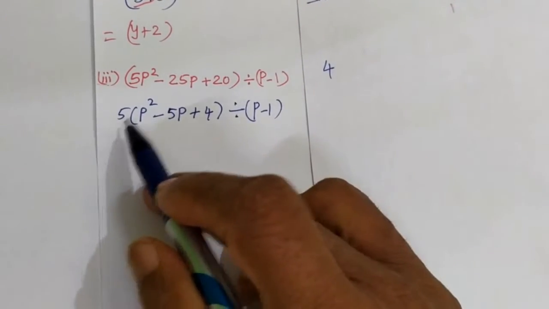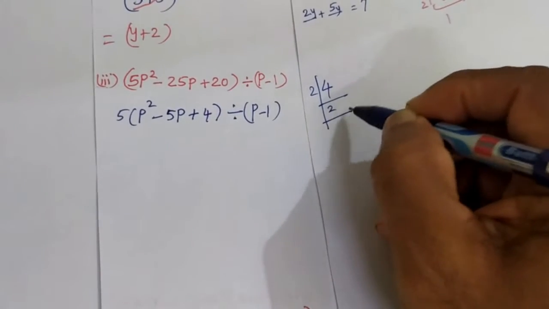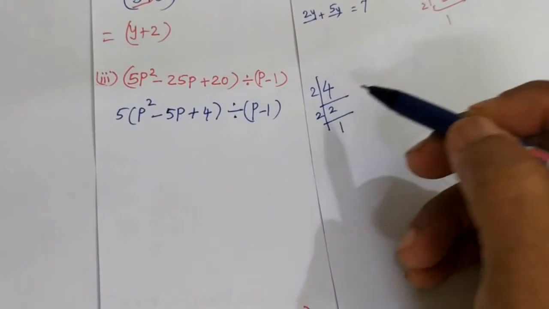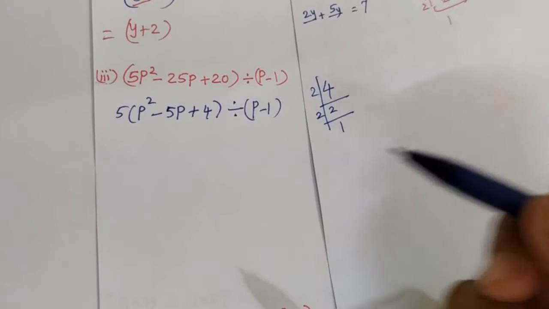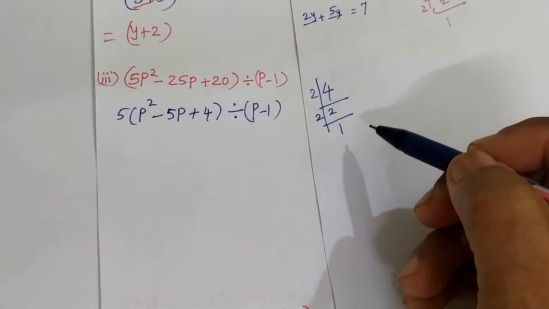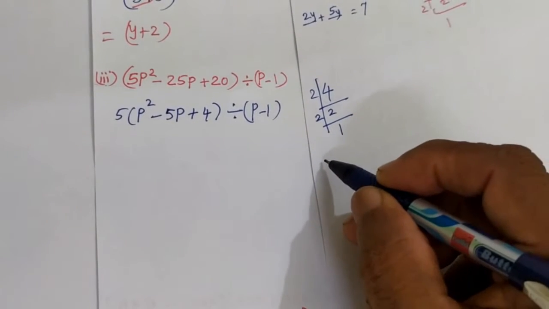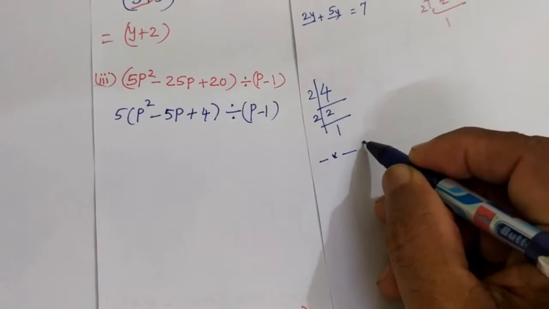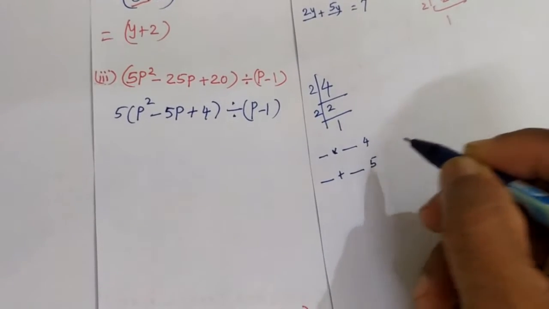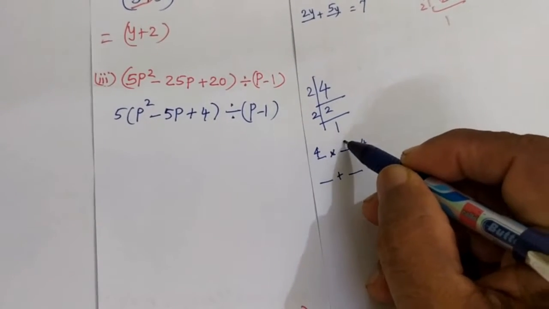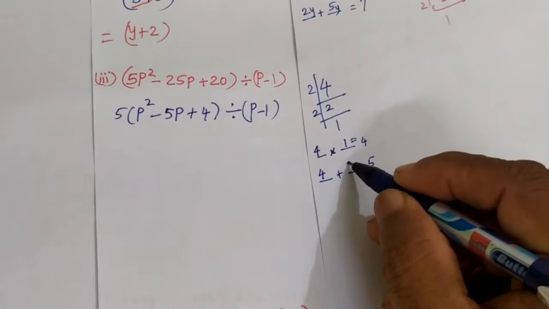Now the combination is 4, that is 4 1s are 4. The number we get is 4. Prime factors of 4: 2 2s are 4, 2 1s are 2. So it is 2 and 2. But we should get 5 here. So we should get 2 numbers multiplied, and we should get 4, and the 2 numbers you add, and you should get 5. So how is it possible? 4 1s are 4,